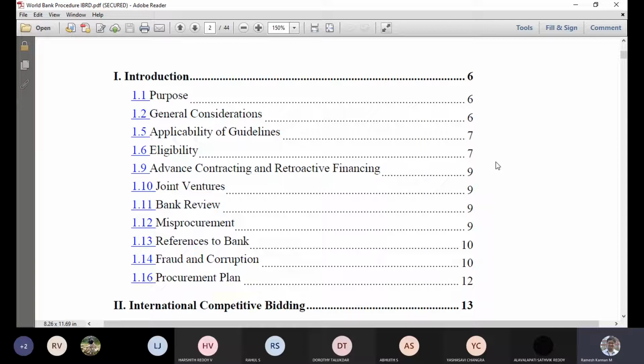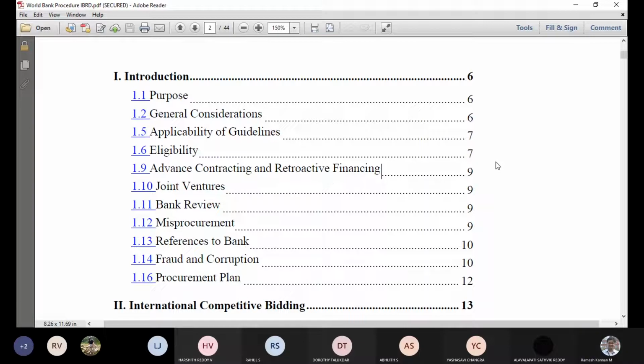Then joint ventures, where generally two or more companies join together to form a bigger firm. The firms themselves are very big, and these different big firms come together to form a bigger alliance, so that they can take up multifarious projects and multi-billion projects and something like